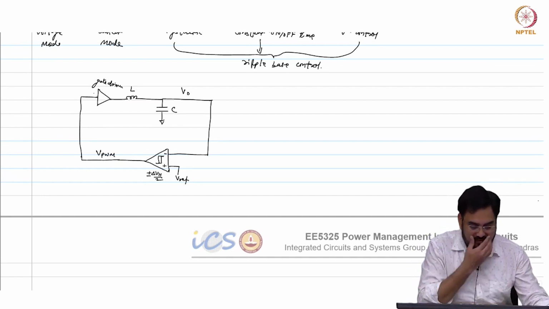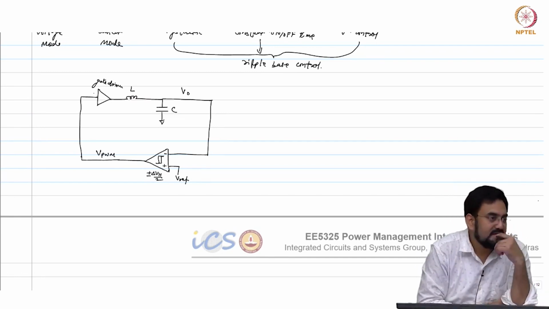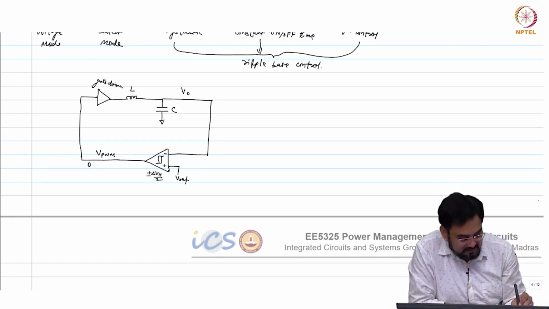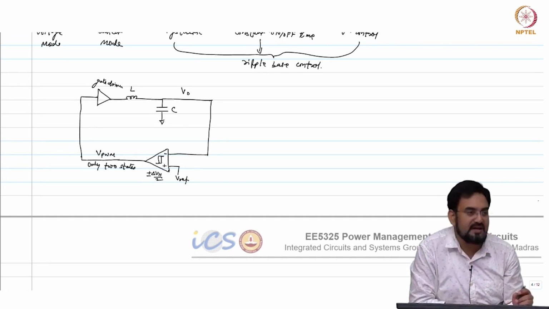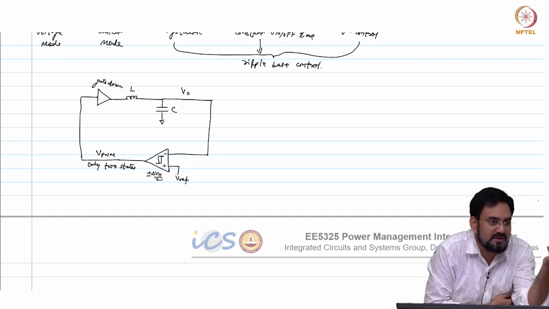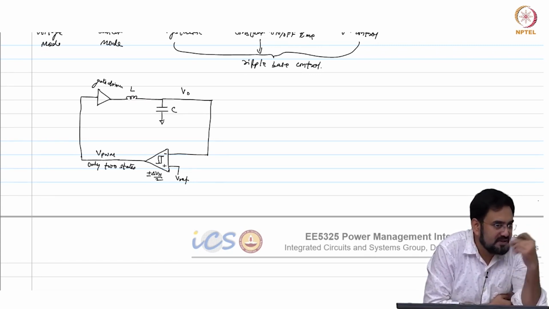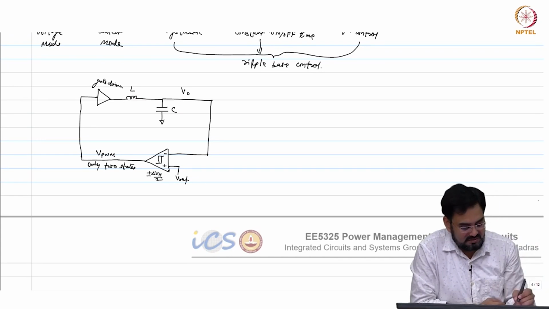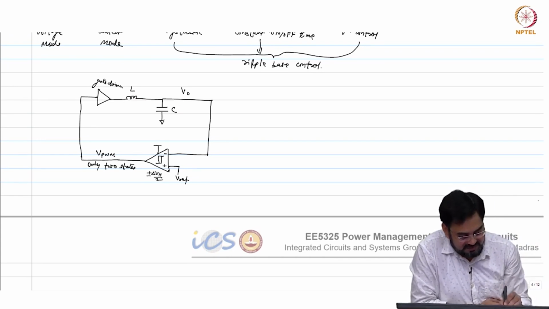So what would happen here? This is non-linear, it can have only two states. Okay, what are those two states? In linear control, that was a continuous voltage, DC V control, but here that is not possible because this comparator gain is very high. So the moment it sees even a small difference between Vref and V out, it will just trip to VDD or ground. So if this is VDD and ground,